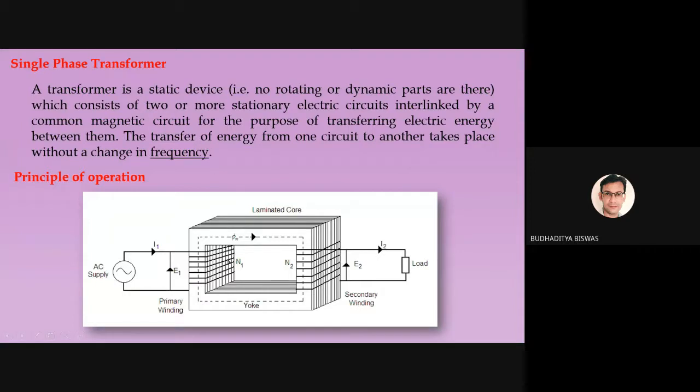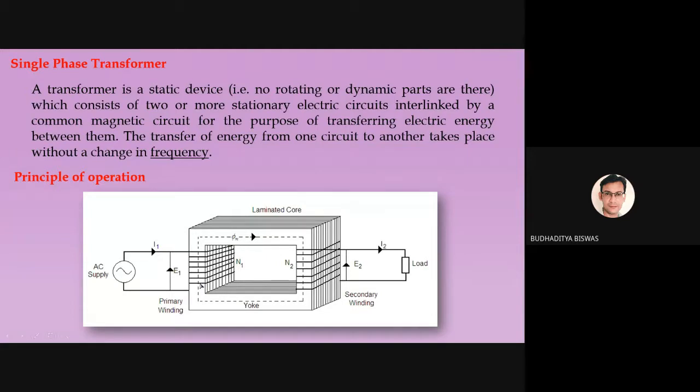Now, the principle of operation of the transformer is that when we apply an AC source across the primary winding, first of all, you need to understand that a transformer never works on DC. If we apply a DC supply, the transformer is not able to operate. A transformer works only on AC supply. So if we apply AC supply across the primary winding, AC current will flow through this winding. Now this is nothing but a solenoid. If an AC current flows through a solenoid, then what happens?